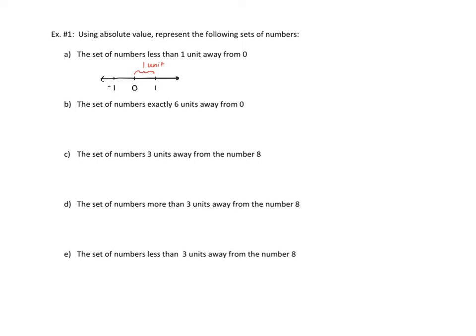So thinking about the values, we could call it a variable x that would satisfy being in the set of numbers less than 1 unit away from 0. We need numbers that are less than 1, and we also could have numbers that are greater than -1. So any number that's less than 1 and is greater than -1 will be less than 1 unit away from 0. So we could write this as two inequalities with an and statement. We could also write this using a three-part inequality to show that x, this number, must be in between -1